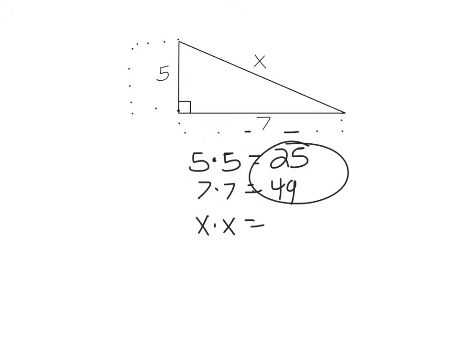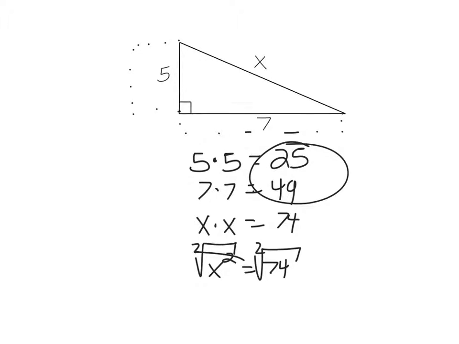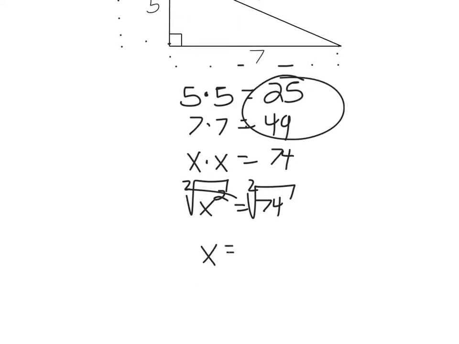25 plus 49 is going to be 74. X times x is the same thing as saying x to the power of 2, and that equals 74. Let's take the root on both sides, but not any root, a second root. And I'm going to give you the decimal. X equals plus or minus the second root of 74, and I get